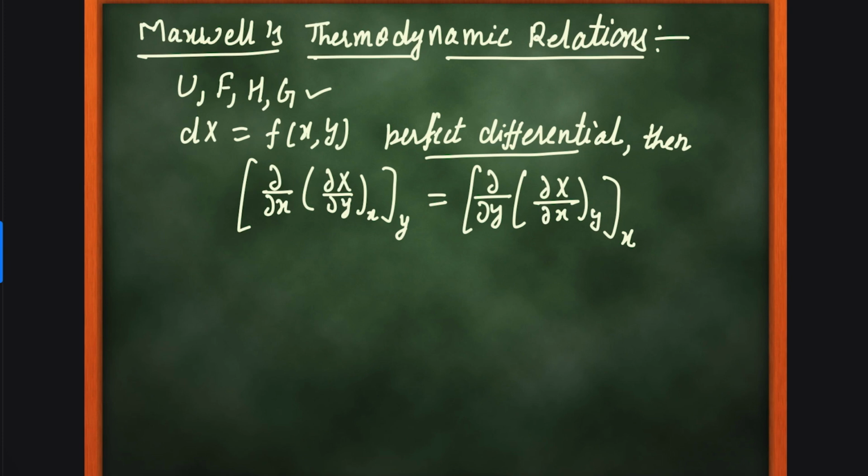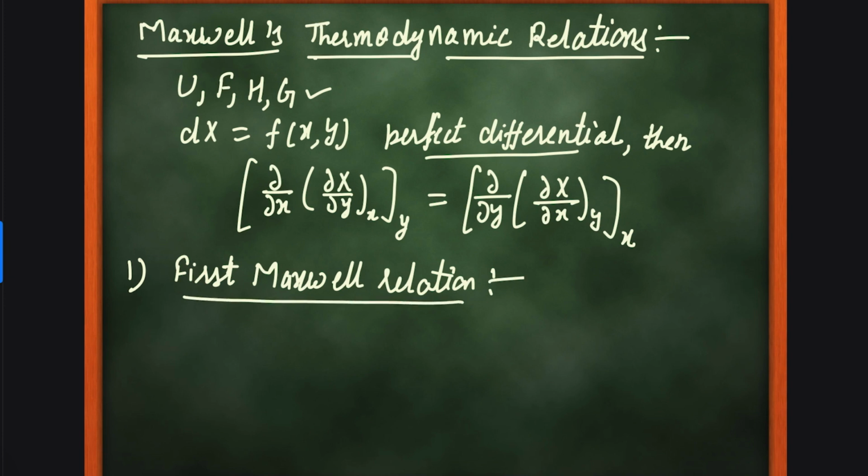So firstly, we see the first thermodynamic equation, the first Maxwell relation. So from the first law of thermodynamics, we know that dq is equal to du plus pdv, or